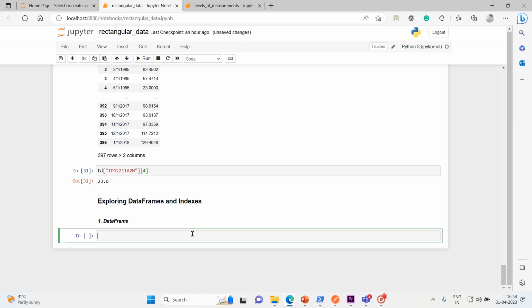So a data frame is a two-dimensional labeled data structure in pandas representing a rectangular data set. Okay,